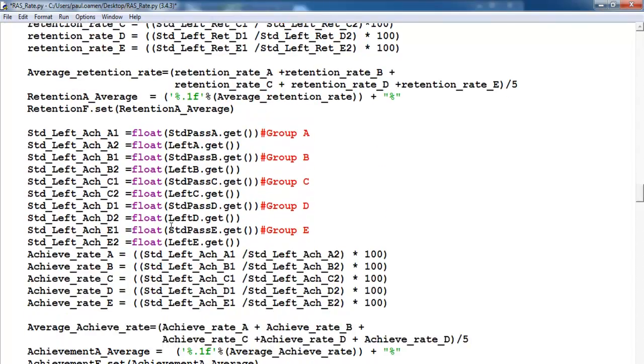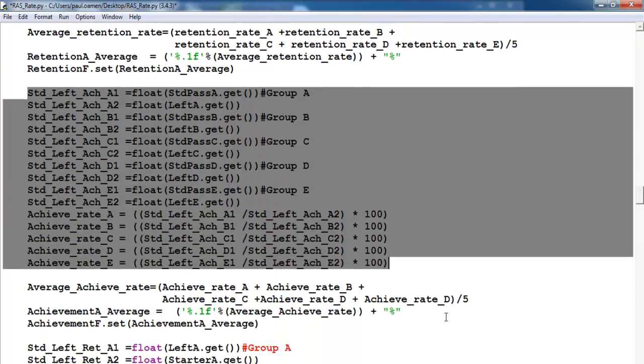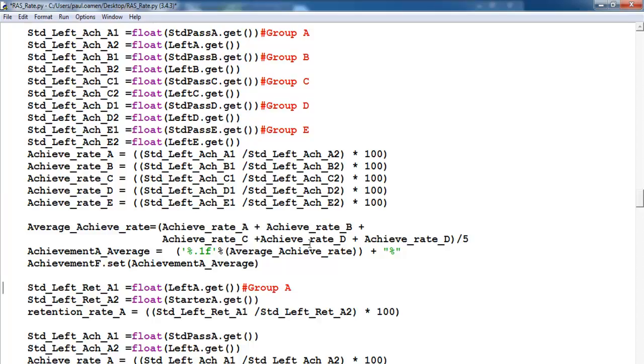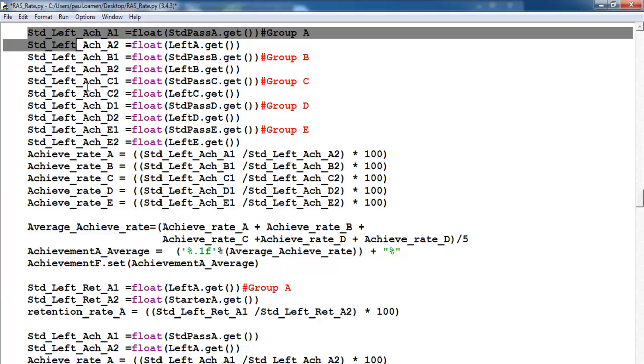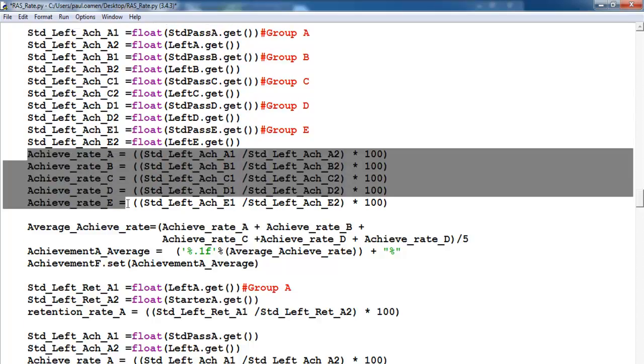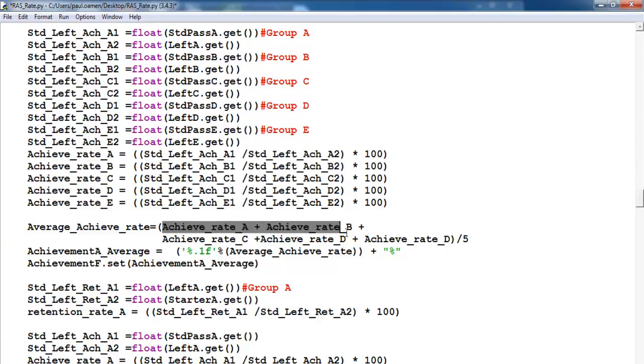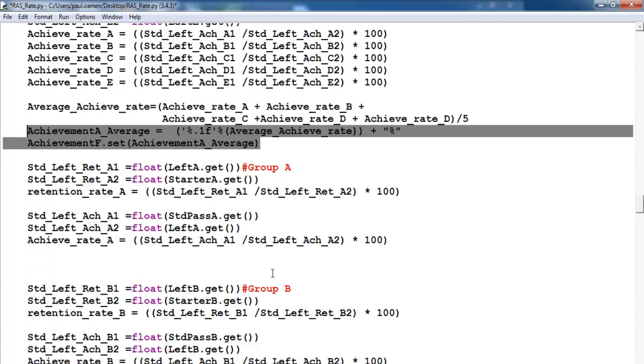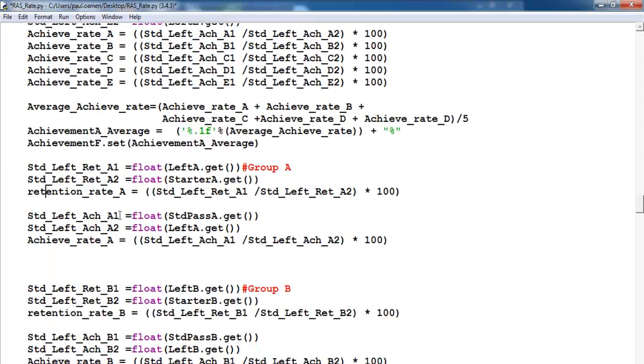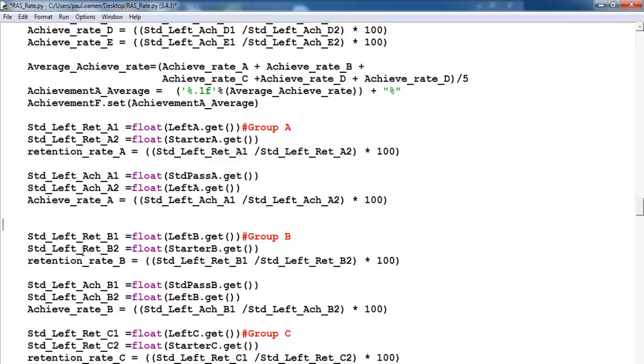Now we have that of achievement here. Exactly the same thing was performed here. All of these were then added up. There they are, added it all up here. Okay, and there. Okay, so what I'll now do is to call each of these calculations with my command button, the achievement command trigger button. Now this is the success